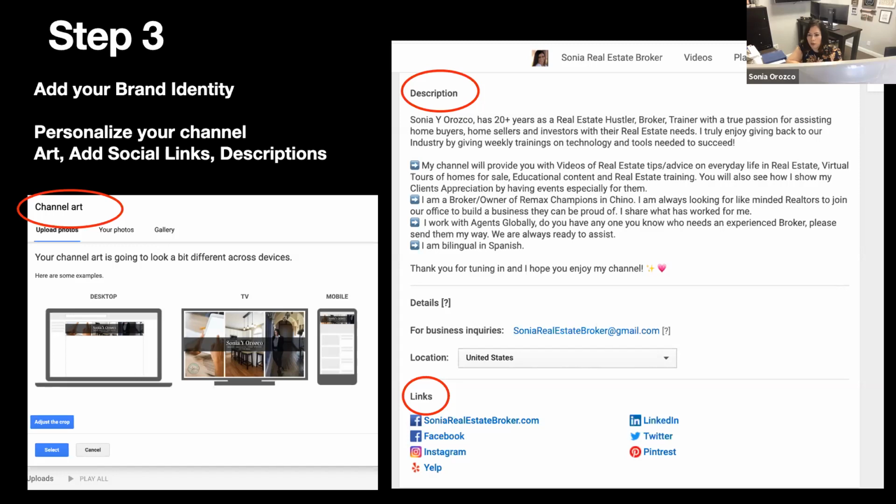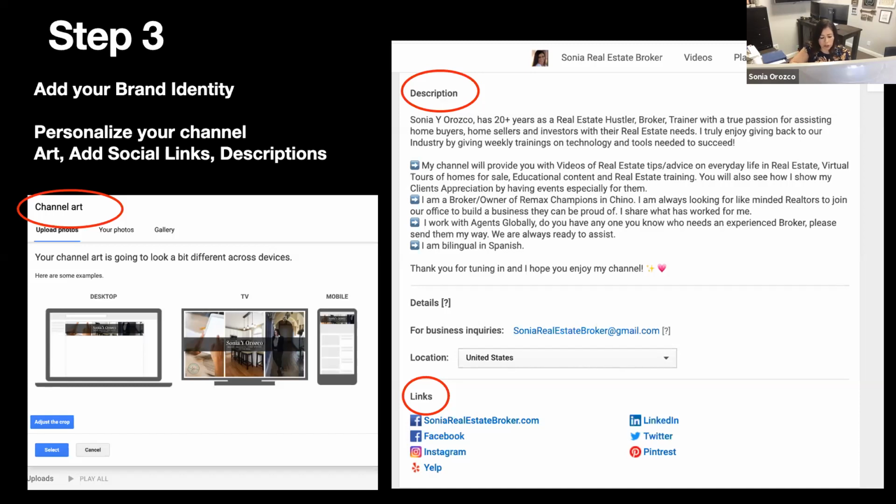Whatever value you're going to provide, even if you like other things, let's say you're a realtor but you like cooking, or you're a realtor and you like crafts, you can always incorporate both, because again, you're going to attract the people that like what you like. So it's important to be specific on what you're trying to attract, because remember, there are so many viewers, you're not going to capture everybody, but you want to capture those that have the same interests. Be very, very specific on the audience that you're trying to capture, because they're most likely to tune in and stay if you do that.